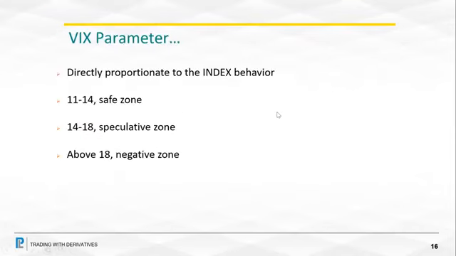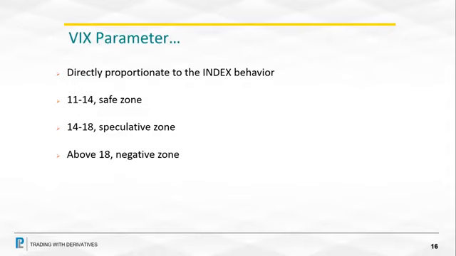So we will now again come to this. These are the VIX parameters. Like PCR has some range, OI has some range, likewise VIX also has some range. So what do we see? VIX between 11 to 14 is a safe zone. If the VIX is between 11 to 14, we consider it a neutral level. You don't have to panic. Nothing is happening, the market is behaving as per normal routine, daily trades up and down, whatever. There's no event coming up that is causing the market to fluctuate.